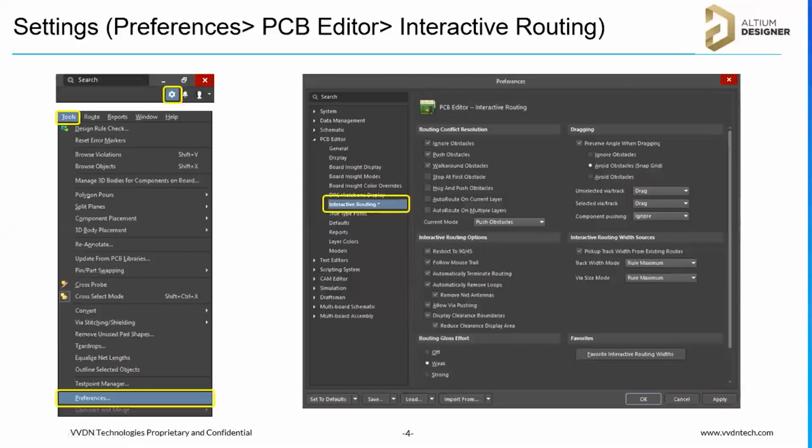By mistake, if this is enabled, then it will allow the loop, and finally we have to do the cleanup. So those kinds of default settings, which can be followed for future designs, we can set under the preferences settings. These settings are there for the PCB editor, schematic, and everything. But specifically for the routing, you can go to Tools, Preferences, and there is an Interactive section. There you can enable the default options which you want.